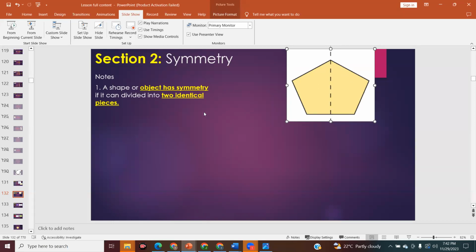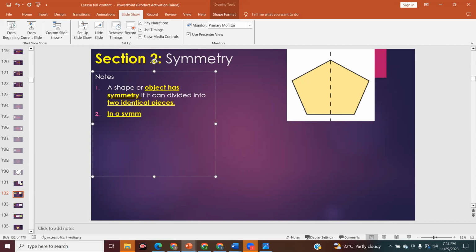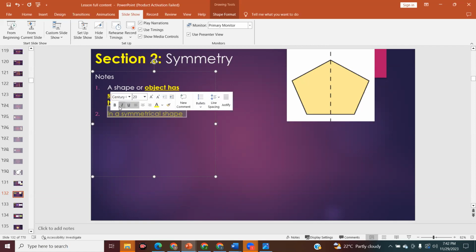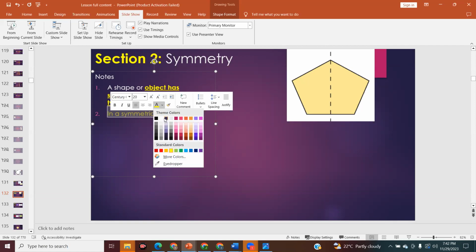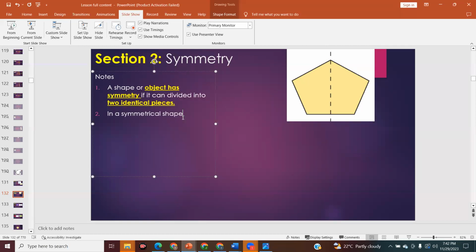Line of symmetry. We call it the line of symmetry. Very good. So let's write that down. In a symmetrical shape, right? Write this down for me, please. In a symmetrical shape,